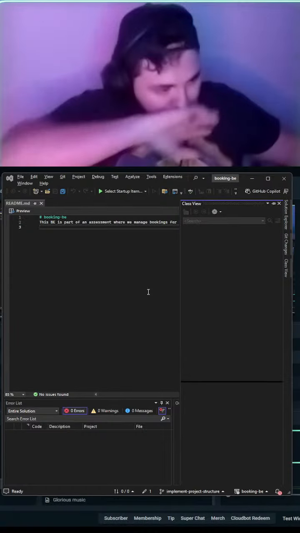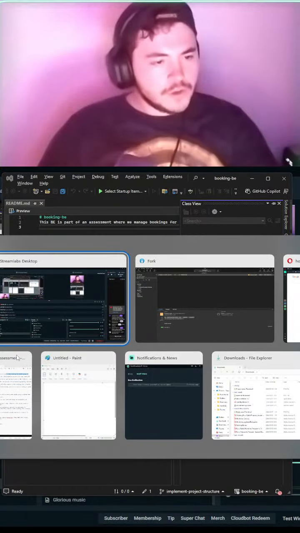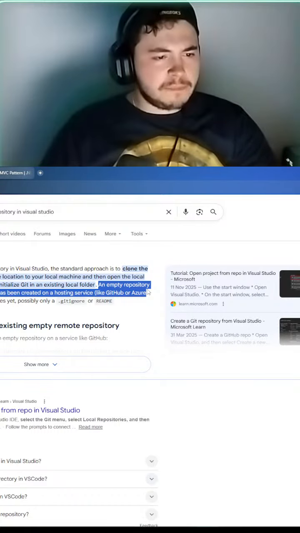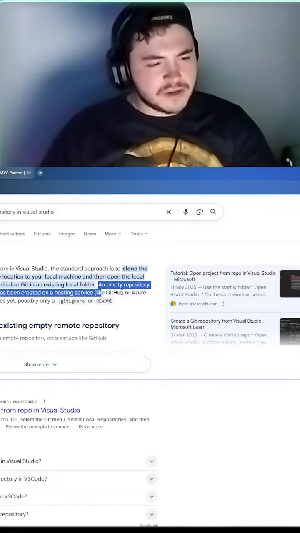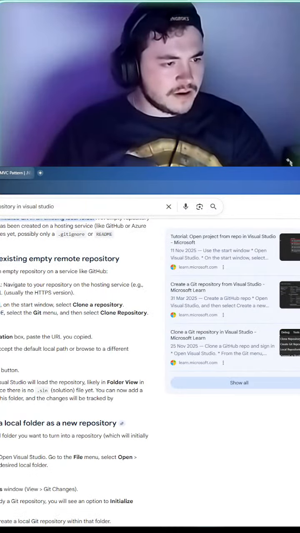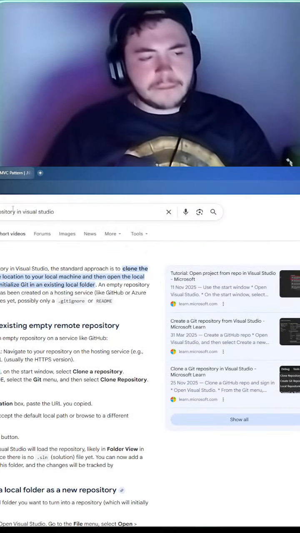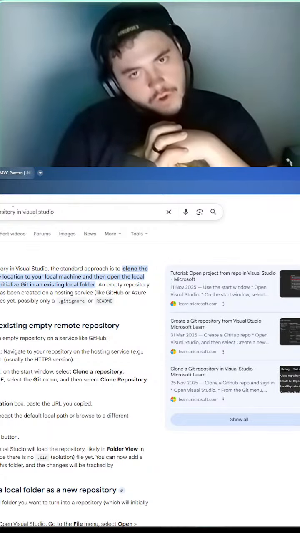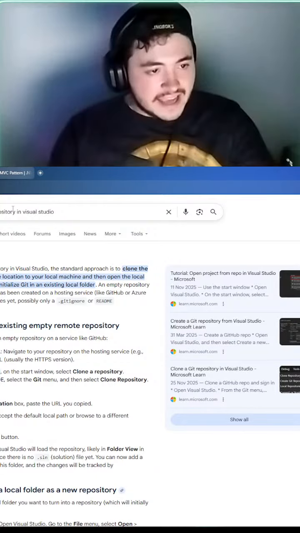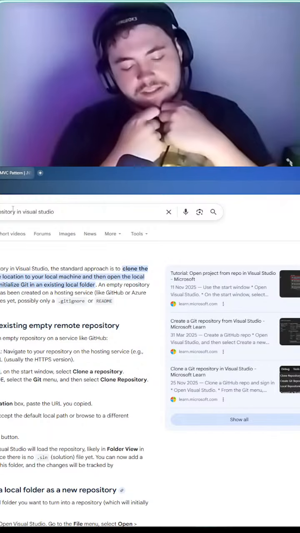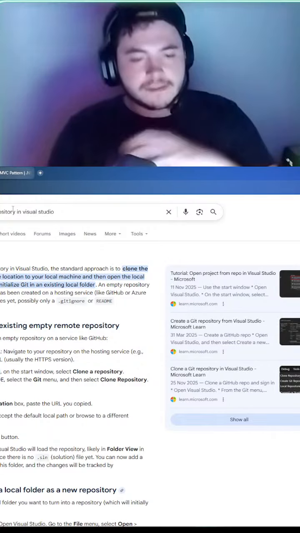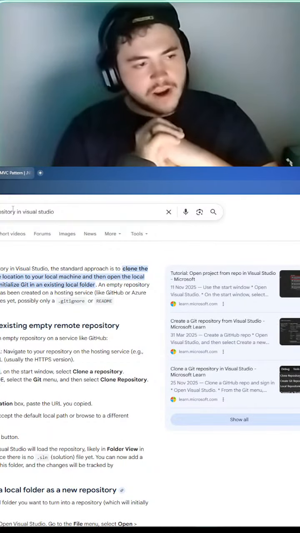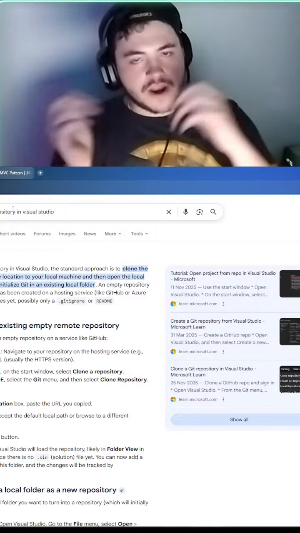Okay. Let's continue. Let's give a read. An empty repository generally means one has been created on a hosting service like GitHub. Now that we have our bucket open in our IDE, Visual Studio, we need to initialize our project. Generally when you have a C# project, you'll have a startup.cs and a whole bunch of config, and when you run your server, it will run your program.